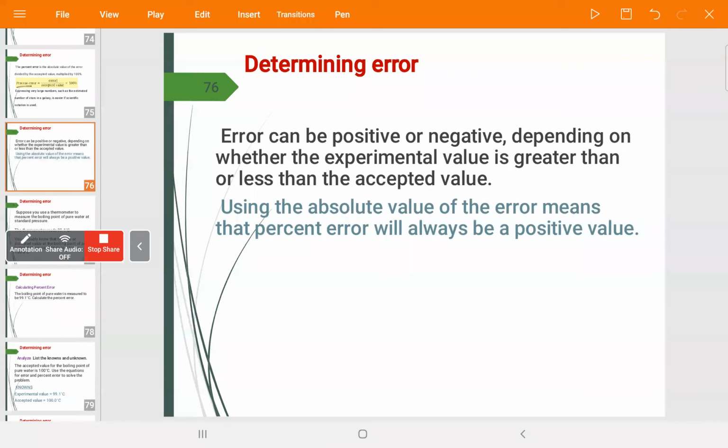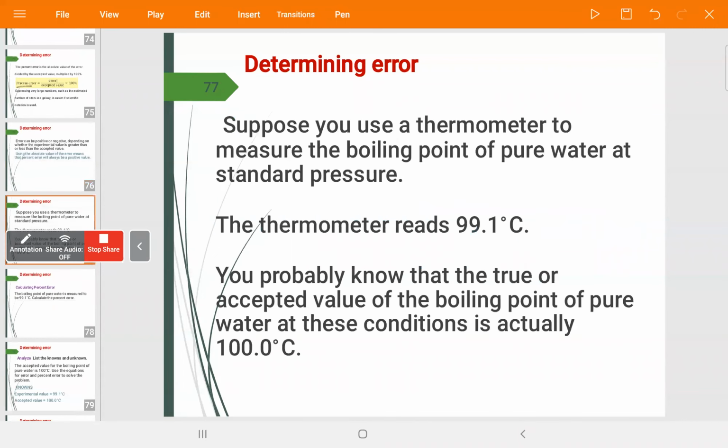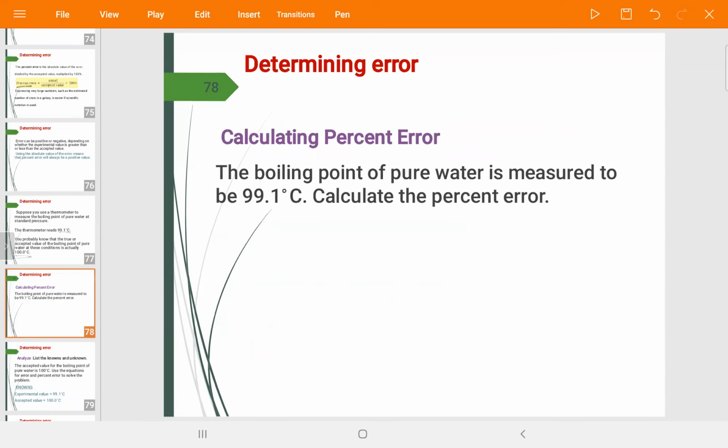So let us explain this concept using an example. Suppose you use a thermometer to measure the boiling point of pure water at standard pressure. The thermometer reads 99.1 degrees Celsius. You probably know that the true or accepted value for pure water is 100, right? So you will be given this value. If you are asked to calculate percent error and error,